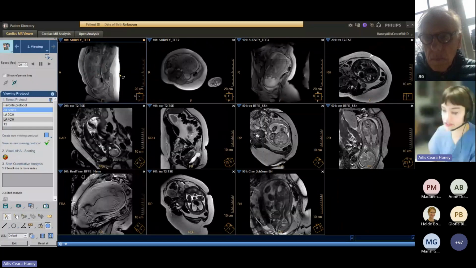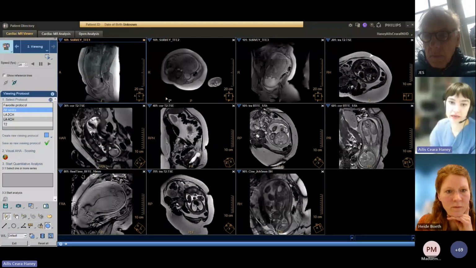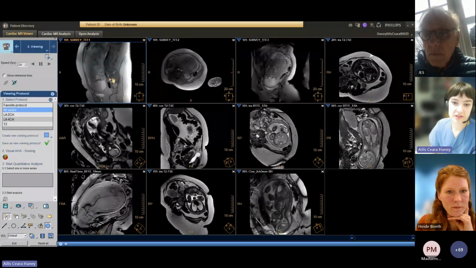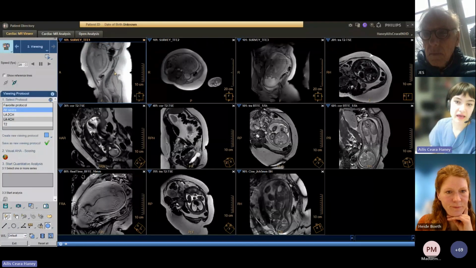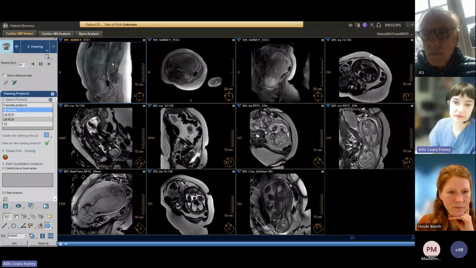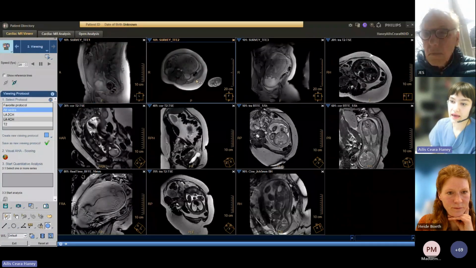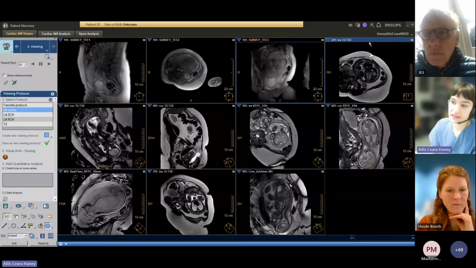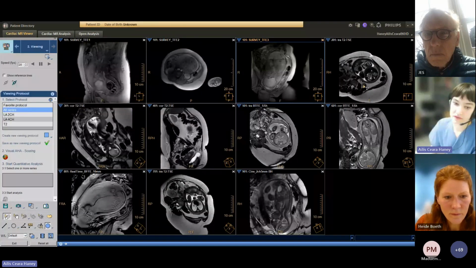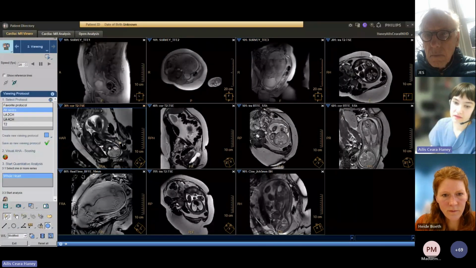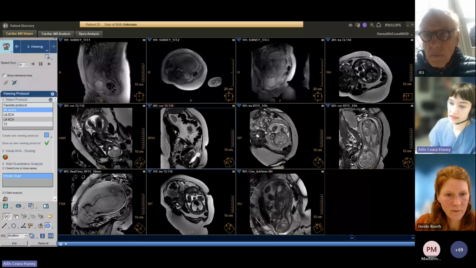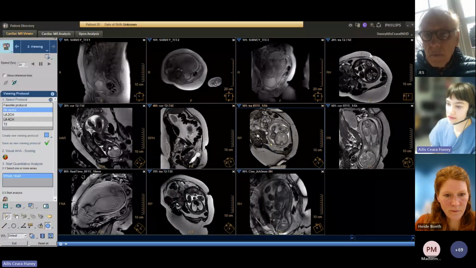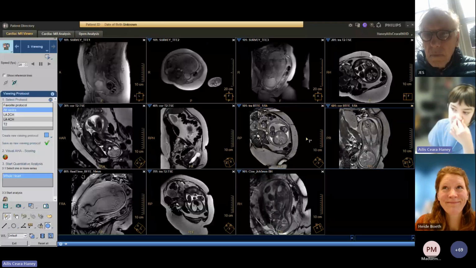And I'll just walk you through the protocol that we use. We also use the protocol provided by North Medical. So we start with a maternal survey. As you can see, the fetus is well visualized. We then continue with T2 weighted TSE imaging in different planes, with these 3 here. We then continued in this case also with the single shot BTFE imaging, different planes as well here.